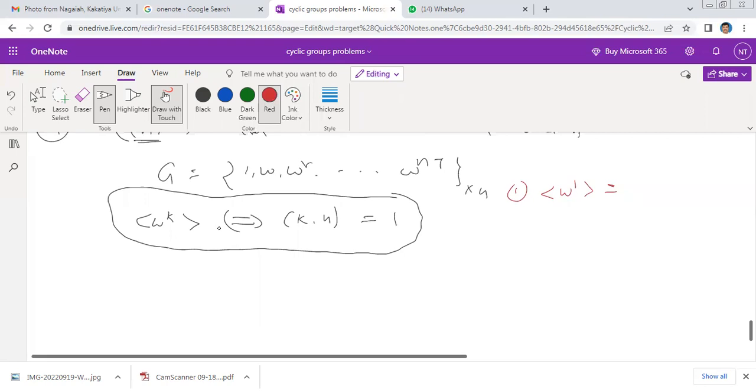Omega power k is a generator if and only if GCD of k comma n is equal to 1. Then certainly that element is a generator. Am I clear? Here,